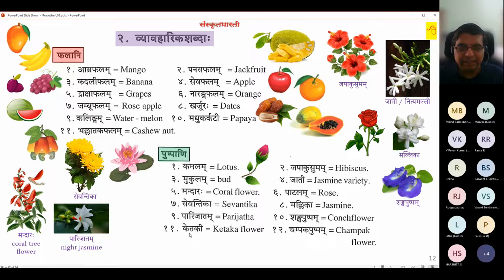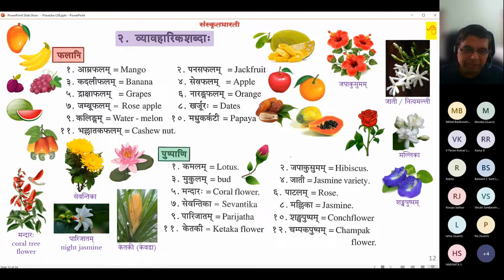Then Ketaki. A beautiful smelling flower. This is actually a cactus flower. You see this? I don't know whether to call it a cactus, but the flower is typical cactus with sharp edges. Even the leaves and the flowers are used for decorating the hair. Nowadays, they make toranas with it, right? They make these hangings for the roof and for the doorway and all that. So Ketaki, Ketaka flower. Again, a mesmerizing smell when it's in season.